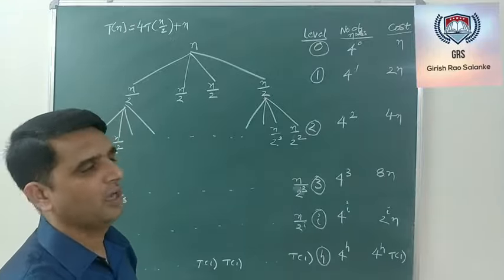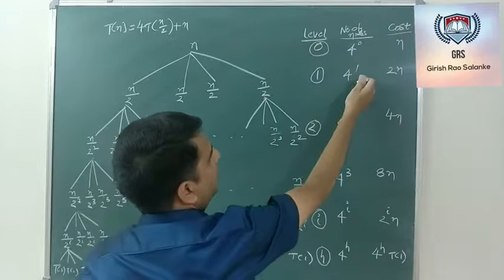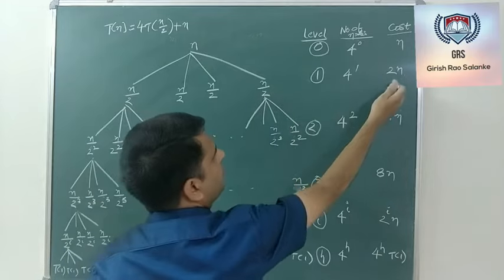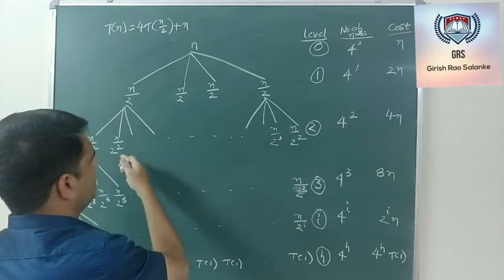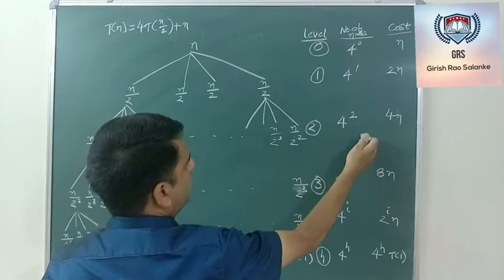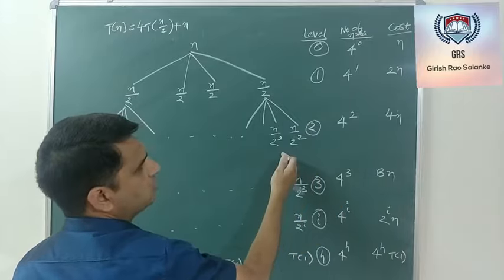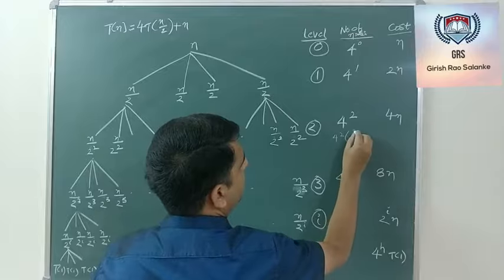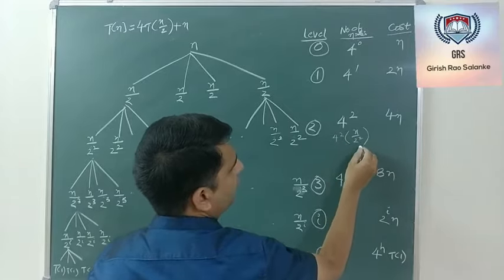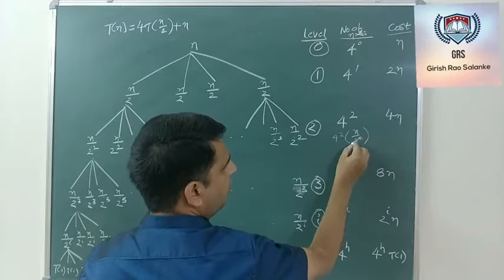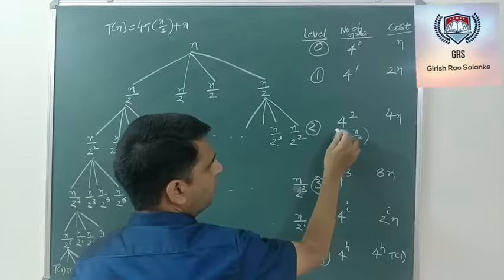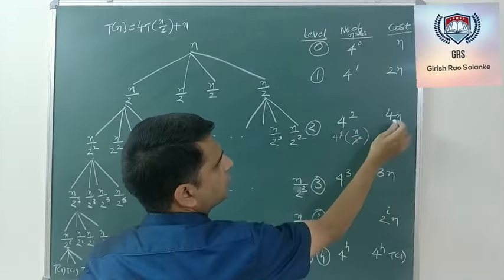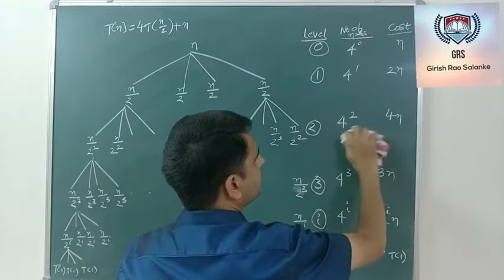So it is 2n. Or you can write it as 4 multiplied by n by 2. It will be 2n. That would be simple. Next, you can write it as 4 square multiplied by n by 2 square. So 2 square was 4 and one of 4 square is 4 into 4. One 4 is gone. So I am left with 4n.